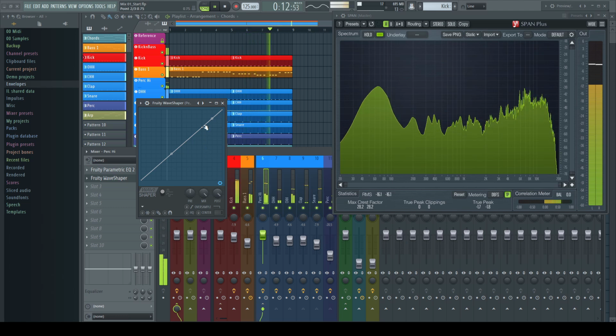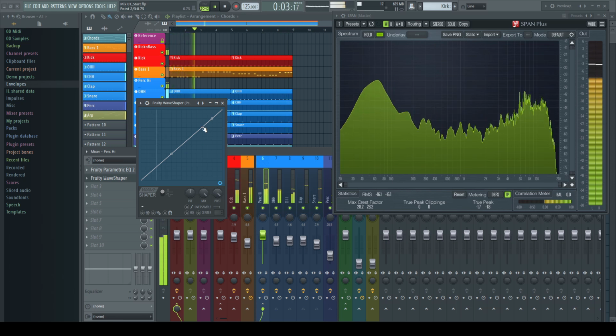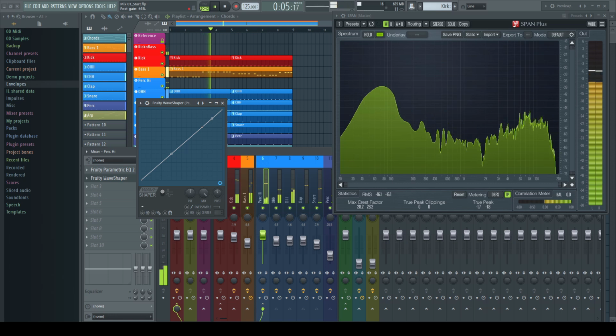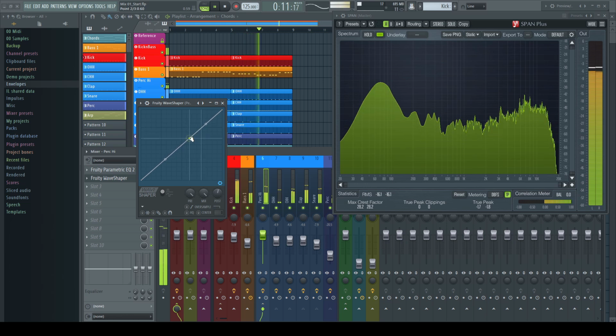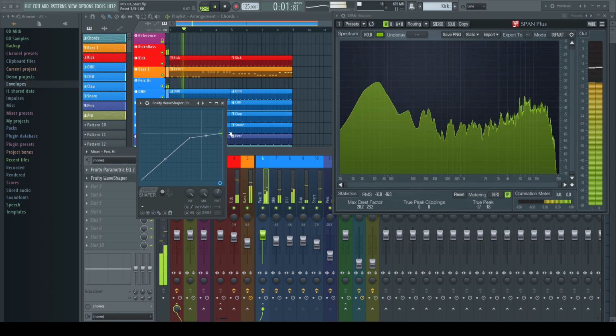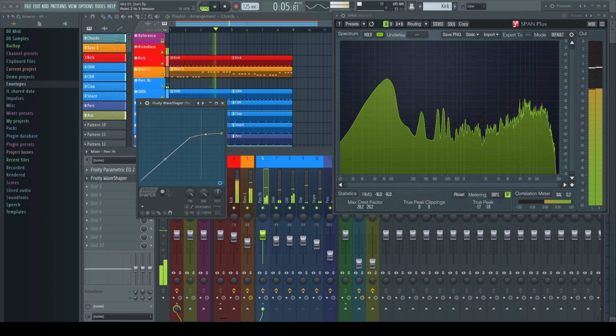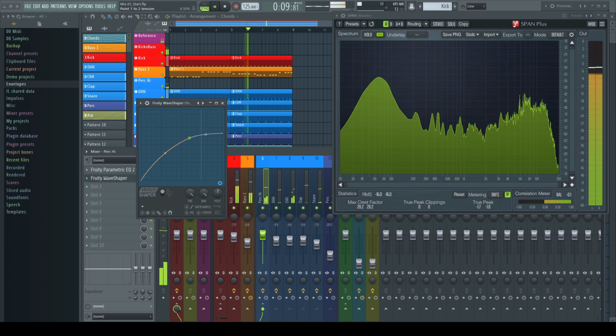I like to go more with a wave shaper, which creates a smoother sound without over pronouncing the attack of these sounds. So again, I go this way here and I start to clip off the top end or the spikes of the topmost transients, and I raise the volume